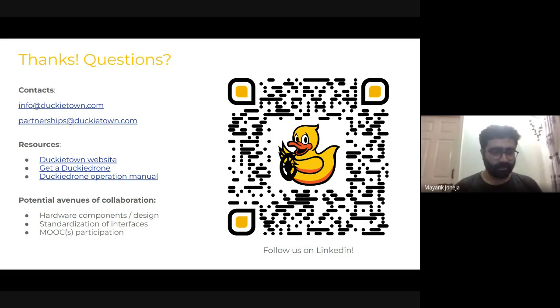And open questions I have is, you mentioned you have a base station in the loop. So do you change the complexity of the autonomy stack depending on whether you're running things on board on the Pi versus on the base station? Like, do you only run monocular SLAM, which is lightweight on the Pi, but maybe you have a lot more compute on your laptop, so you run that? And how do you manage things like latencies and guarantee performance with issues like that? That's something which caught my eye.